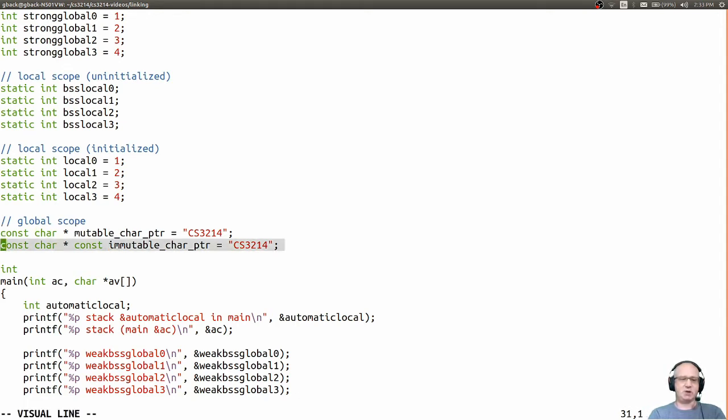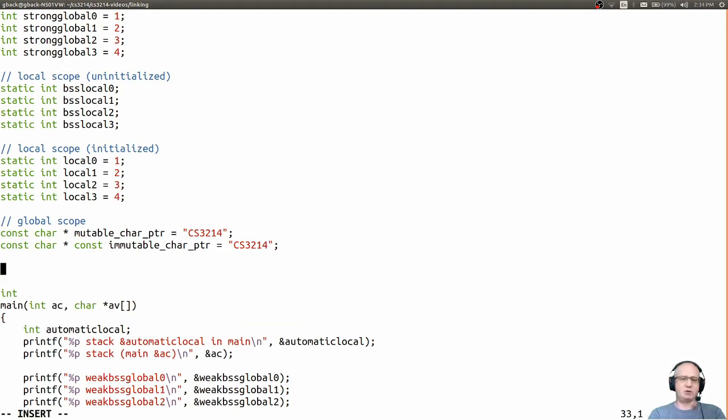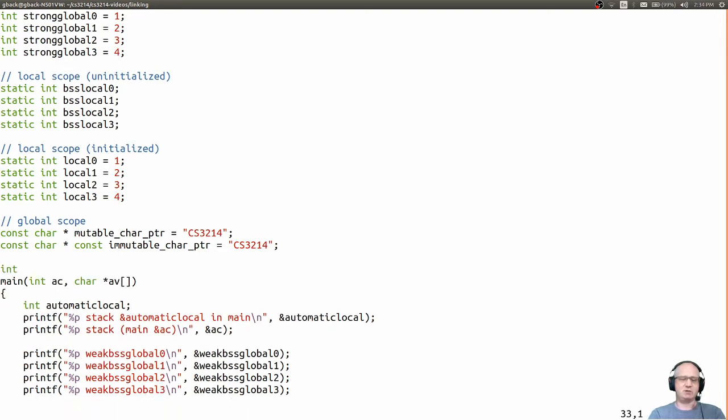The first const stands for the fact that the characters that are pointed to are not mutable. This is true for this one and this one because in the string literal I cannot override these characters. But this const stands for the pointer itself not being assignable. So it's not possible to say mutable char pointer is equal to something else after this initialization.